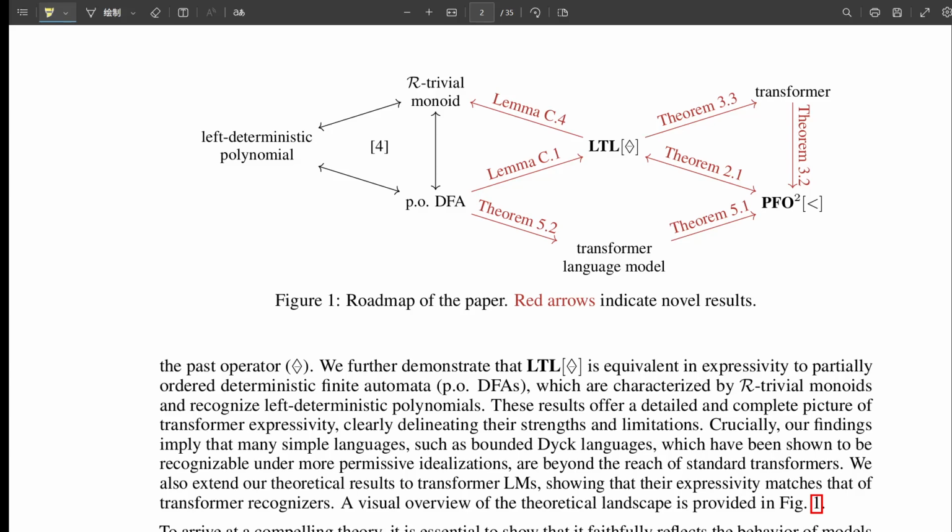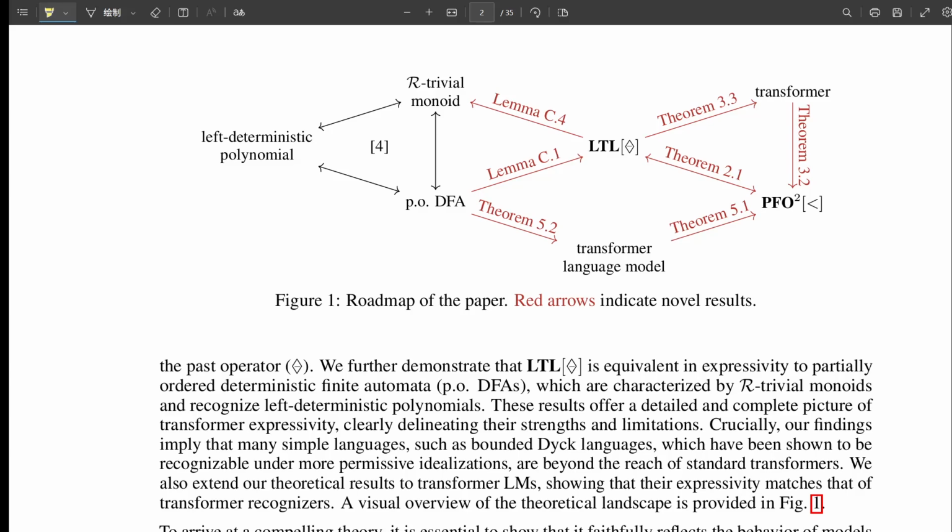Okay, that is significant. But how on earth do you prove something like that? It can't just be intuition. They must have built from theoretical bridges. Oh, absolutely. And this is where the paper really shines, connecting the transformer to several established theoretical concepts. They build a chain of equivalences. The chain. Okay, lay it out for us.